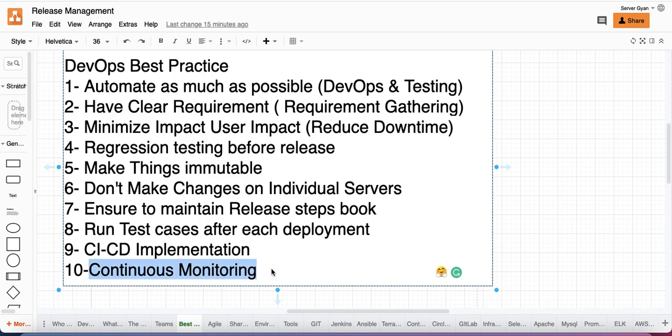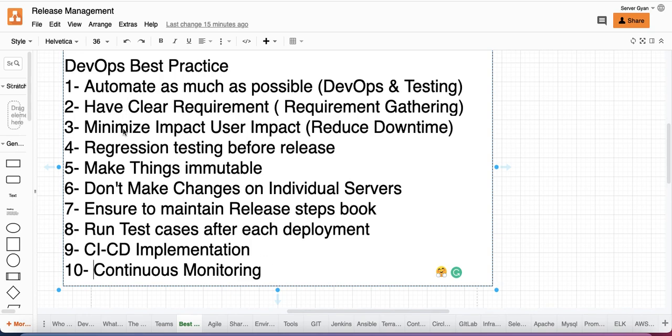Why is it so? Because if new servers are coming into the picture, we should ensure that all the new servers which are created with the help of auto scaling group are also under monitoring. Why is it so? Because it is not only about creating new servers, but the services which are going to run inside these servers should also be monitored. Maybe application performance monitoring, real user monitoring, infrastructure monitoring. These sorts of things should be monitored, right?